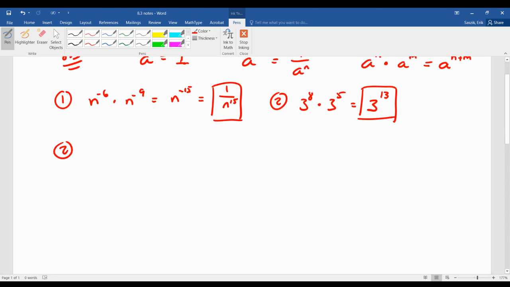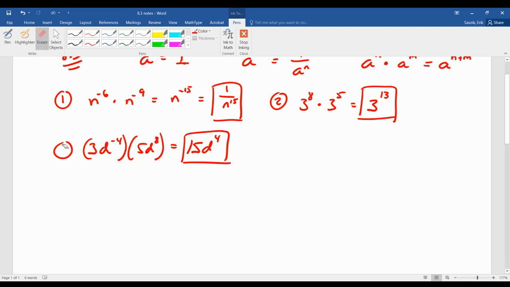Now, let's do 3d to the negative 4th times 5d to the 8th. Remember, back-to-back parentheses means multiplication. These numbers in the front, they don't have an exponent. So that's just plain old multiplication. And then the d, you add those and you actually end up with positive 4. So you're done right there. Okay. I don't know why I called that one 2, but